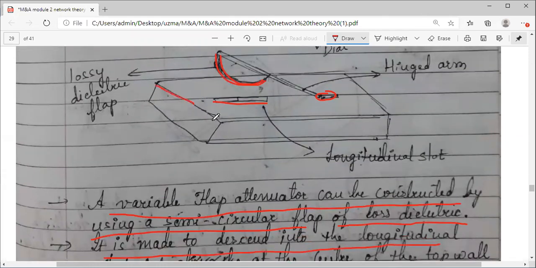You can see this is your waveguide. Okay, this is the opening, and this slot which is cut here on the top wall is a longitudinal slot. It is not like this. Okay, the slot is not like this, the slot is like this, that is a longitudinal slot.